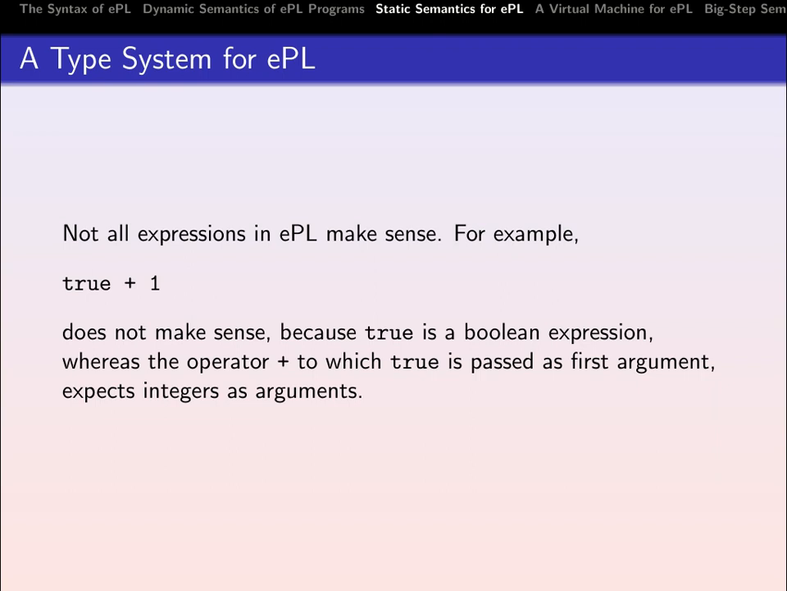Cool. So true plus 1 doesn't have a type, and therefore we would like to exclude it from the set of programs that we want to accept. It is syntactically correct, but it is not semantically correct. So